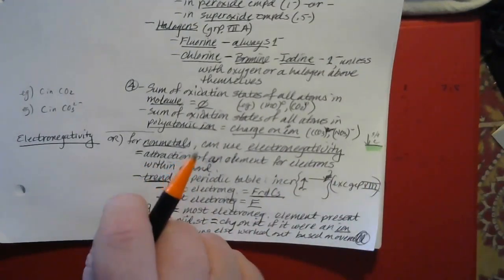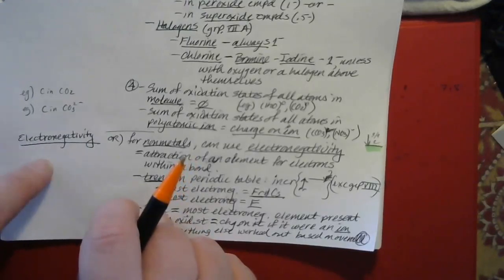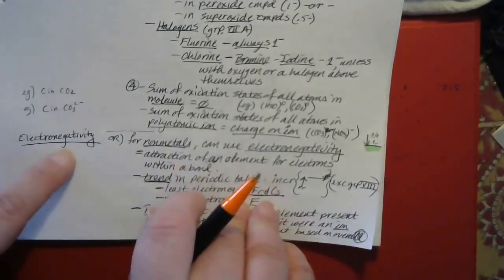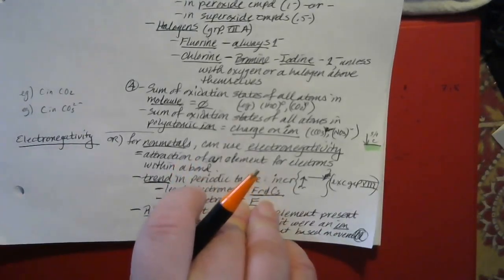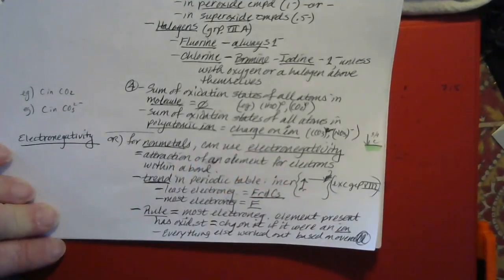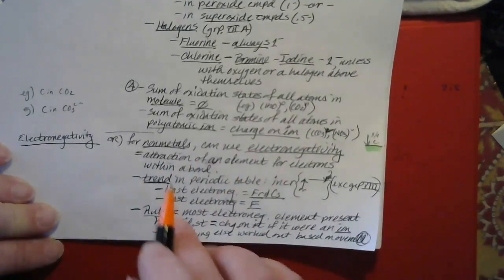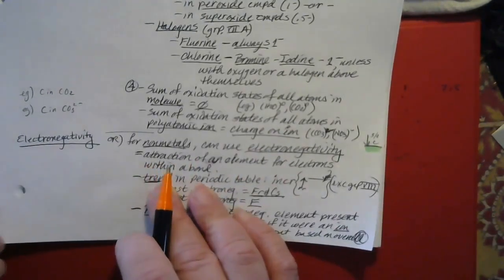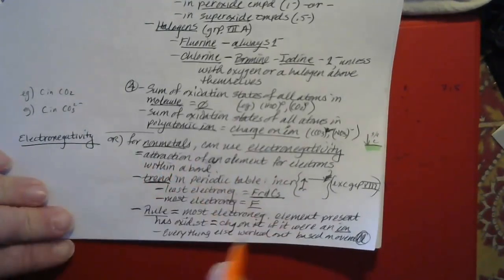And he won a Nobel Prize for coming up with the idea and the numbers for electronegativity. He's also one of the few people who's ever won 2 Nobel Prizes, one for chemistry and one for peace because of his anti-war activities later in life. So he's probably better known for that than he was for being a chemist. But anyway,